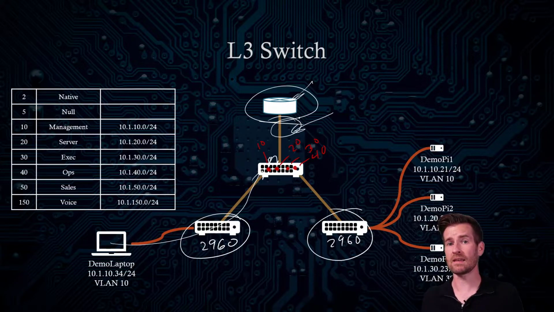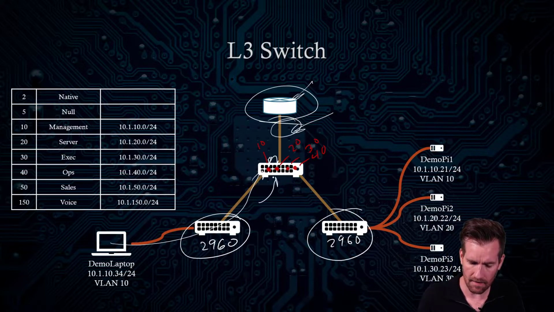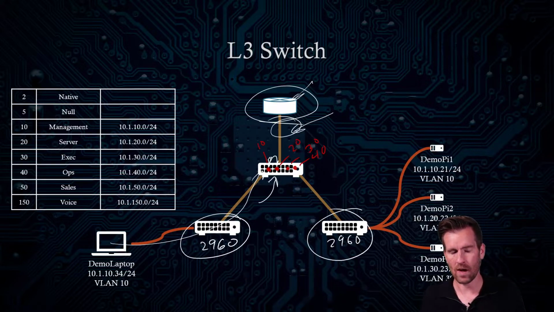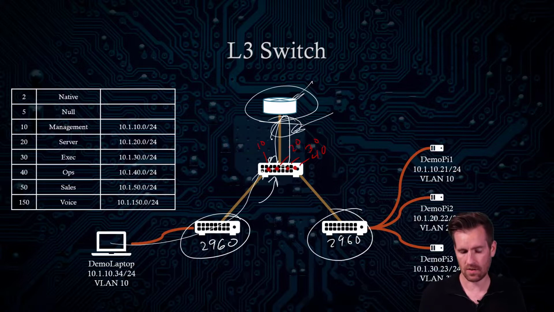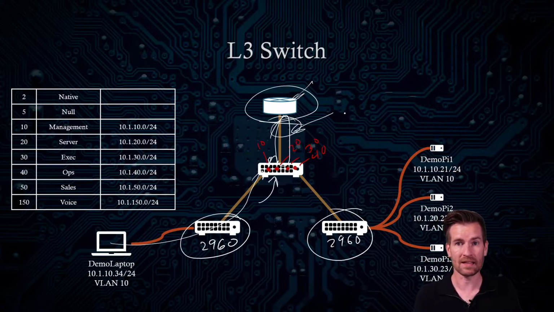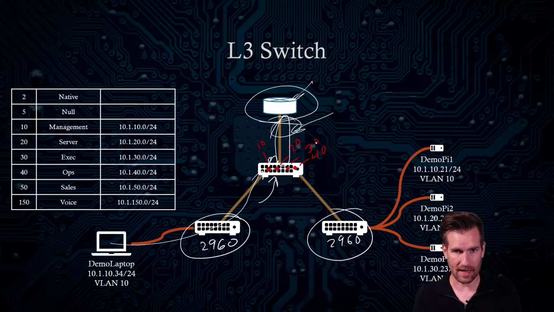But perhaps one of the biggest advantages is that between your VLANs, you have the speed of the backplane. What I mean by that is this Ethernet connection between these two devices has a certain speed. It's maybe 100 meg, maybe a gig, but there's a limitation to that. And that limitation is most likely quite a bit less than